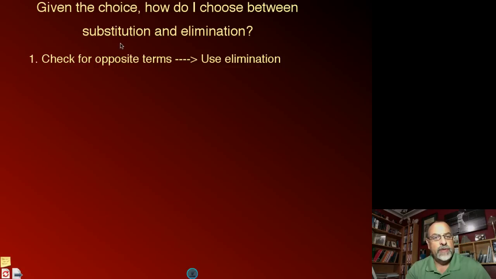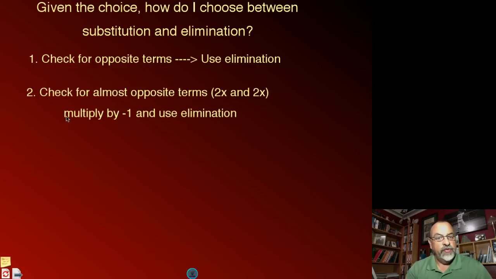So some tips to remember. The first thing to do when looking at your system is to look and see if there are any opposite terms. If the terms are already opposites, elimination is going to be the easiest. So jump right in and use elimination. The second thing to look for, if they aren't opposite terms, is to check for ones that are almost opposite terms, meaning maybe they're both the same, it's just that one's not negative. Well, if that's the case, then again, it's real easy. If you change every term's sign or multiply by negative 1, then again, elimination makes the most sense